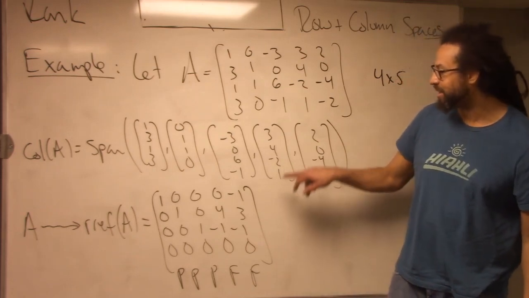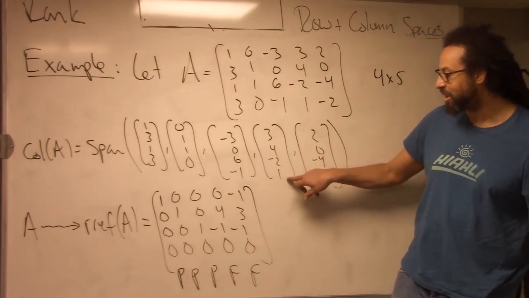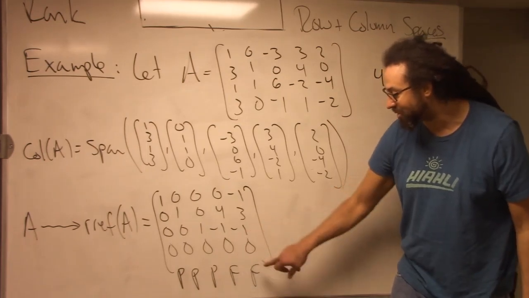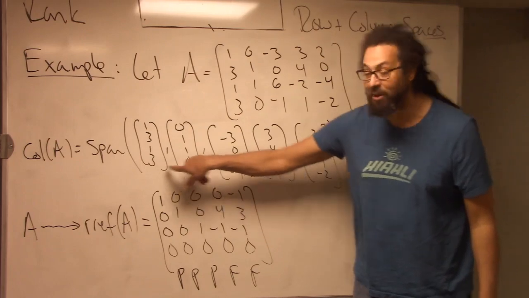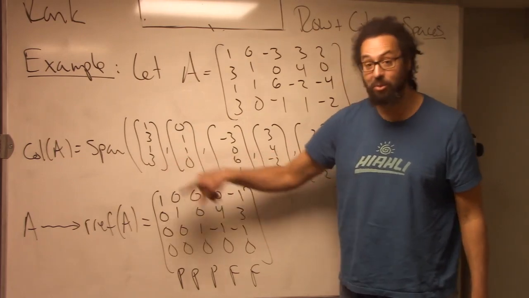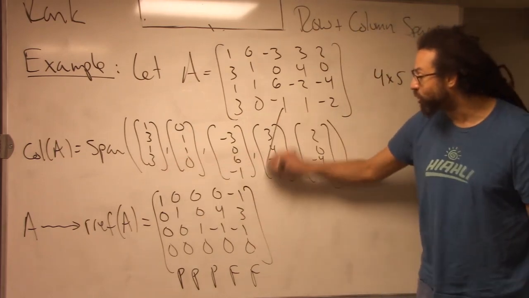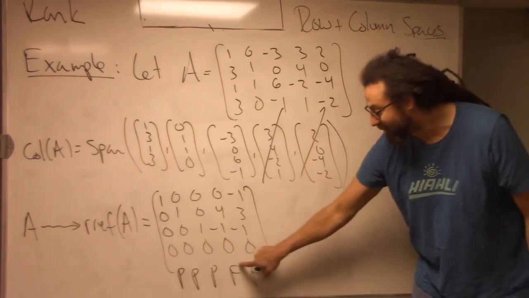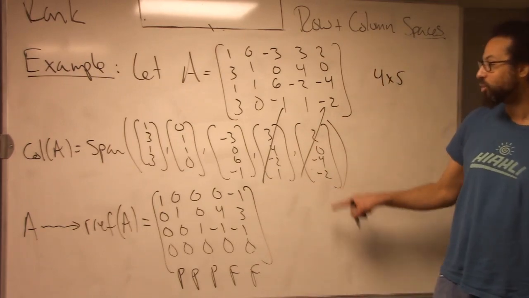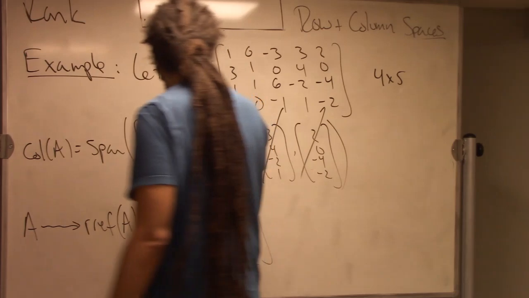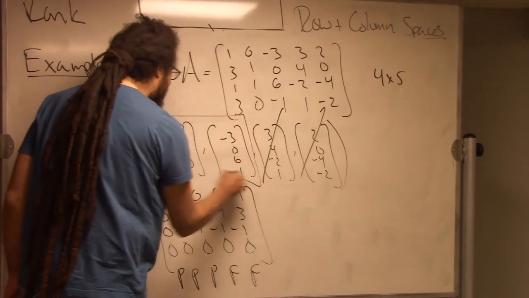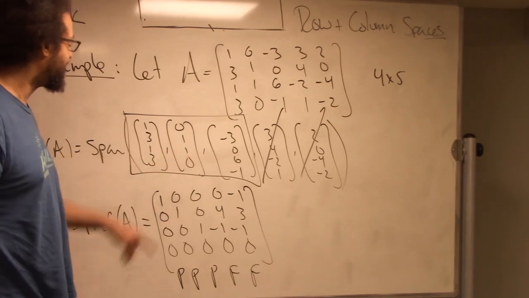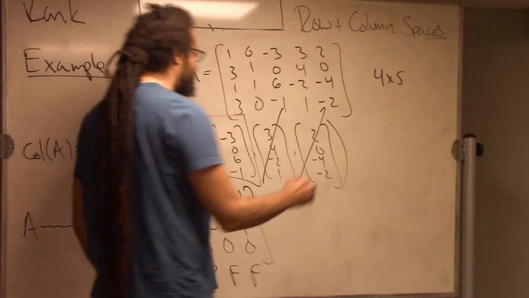That would show us that these last 2 free vectors are linearly dependent on the first 3 pivot ones. So we can rule these 2 out, since they're associated with the free columns. And now a basis for the column space just consists of these 3 vectors. So the dimension of the column space